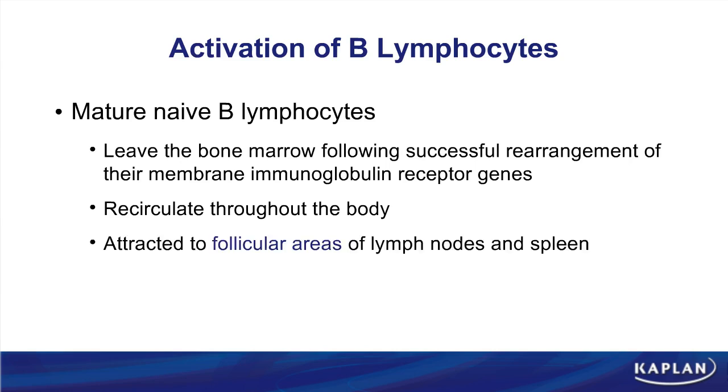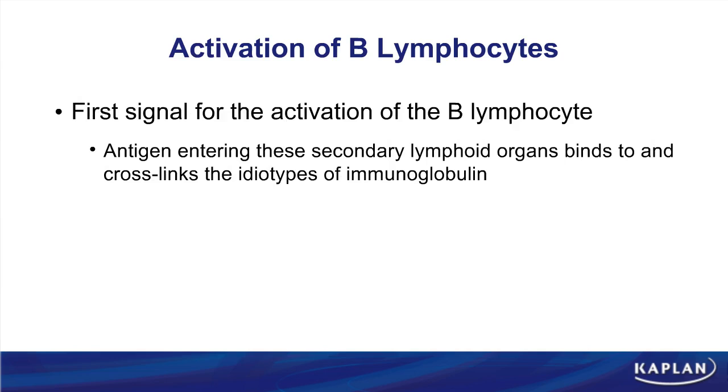And just remember that this increases the chances that these cells are going to come in contact with antigen that they may be specific for. As Dr. Alley mentioned, for T cell activation, B cells also require more than one signal to become activated. Once the antigen enters the secondary lymphoid tissue, if the B cell is specific for that antigen, it can bind to the B cell receptor, which, much like we talked about with T cell activation, provides the first signal for